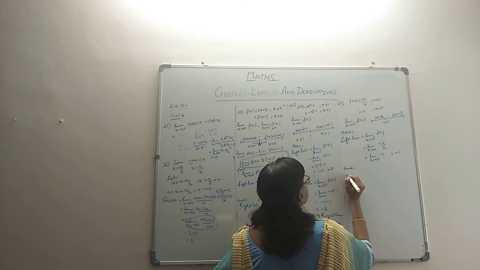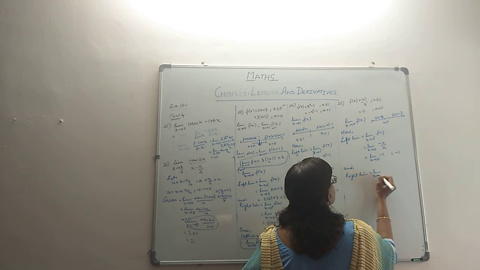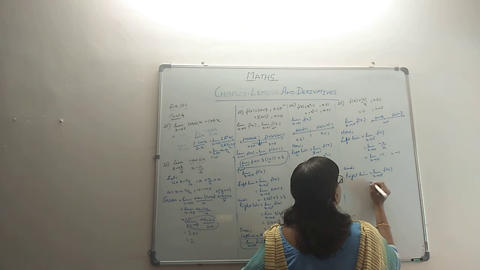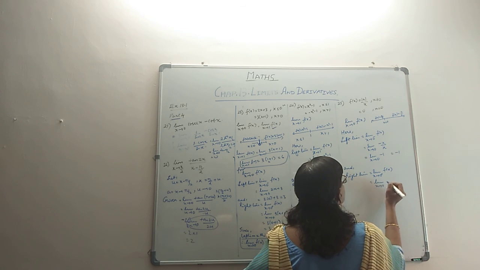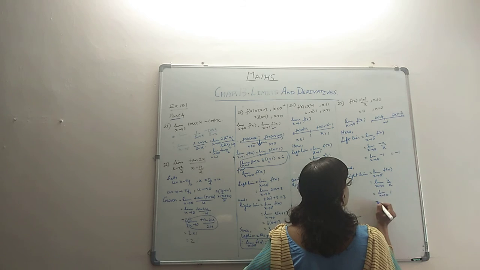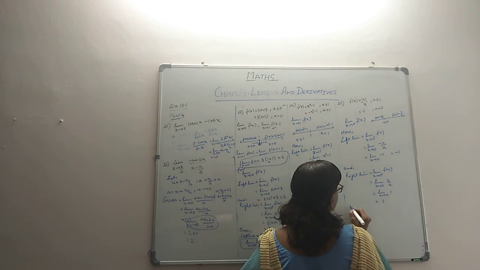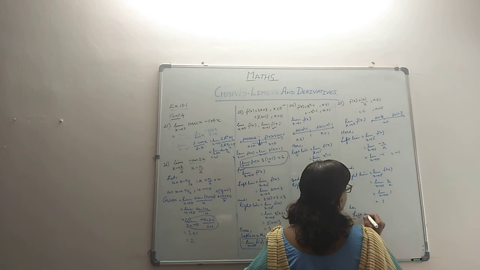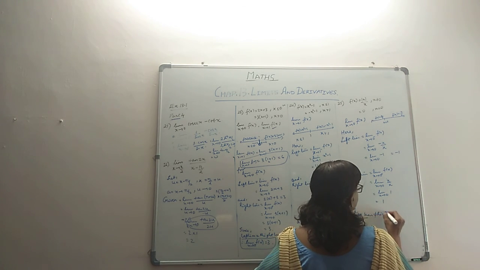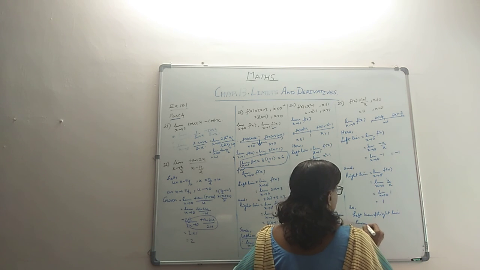And the right limit is the limit as x tends to 0 plus of f of x. That is the limit as x tends to 0 of modulus of x, which is positive x, by x. So value-wise it is 1. There it is minus 1, here it is 1. Values are different. So the left limit is not equal to the right limit, and therefore the limit does not exist.